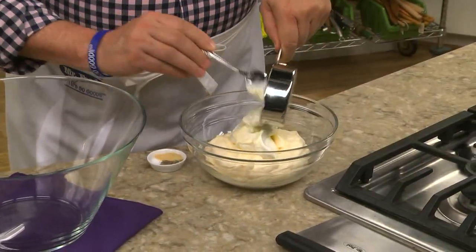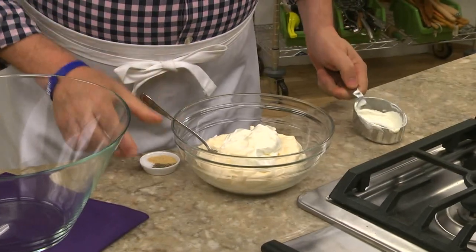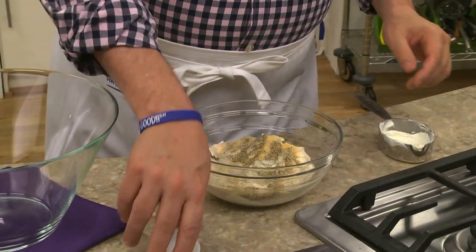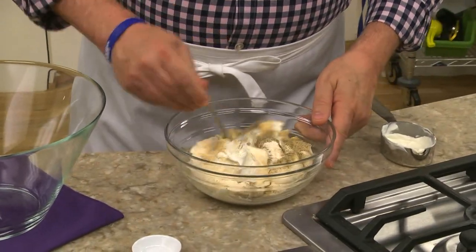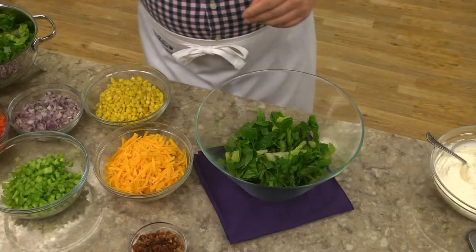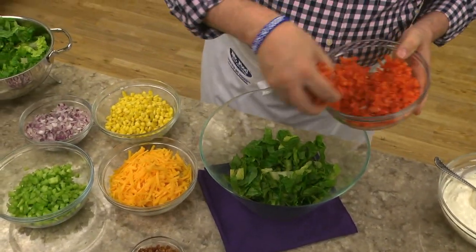Before we start building our salad, we'll make a dressing that'll bring it all together. It's simply a mixture of mayo and sour cream, along with some garlic powder and a bit of salt and pepper. Then in a big glass bowl, we'll layer chopped lettuce, cut up red bell peppers,